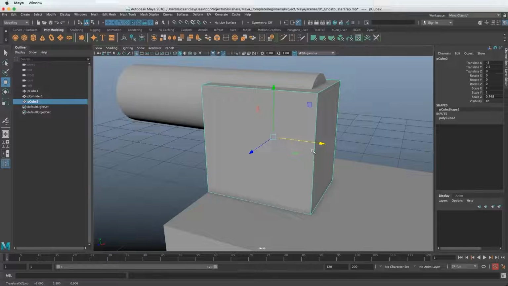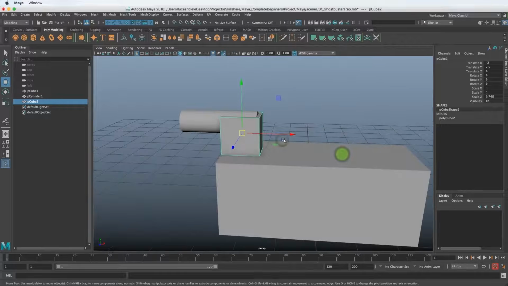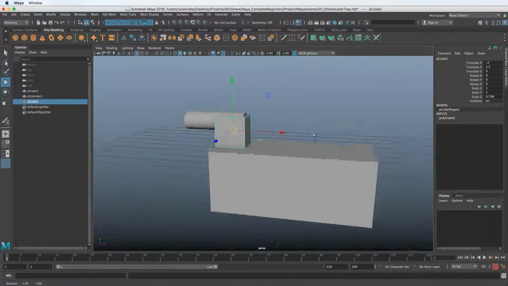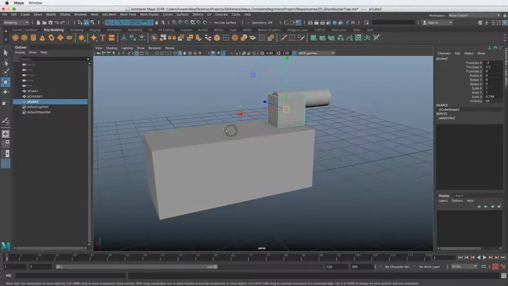That's one thing that stumps a lot of people when they're just starting out: why can't I move this in a different axis? It's because we selected that one and now it's thinking we want to isolate that. So this looks very basic right now, but I want to give you a quick introduction into how to create things, manipulate them, snap things around.